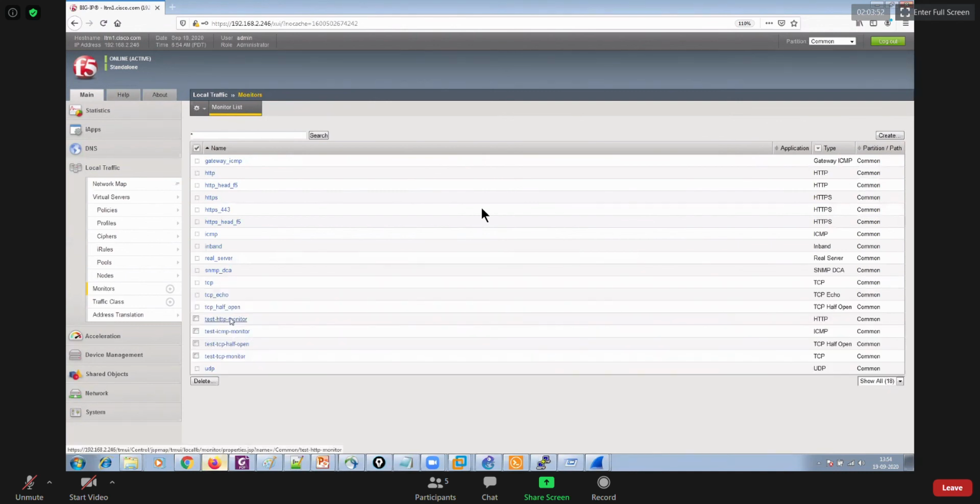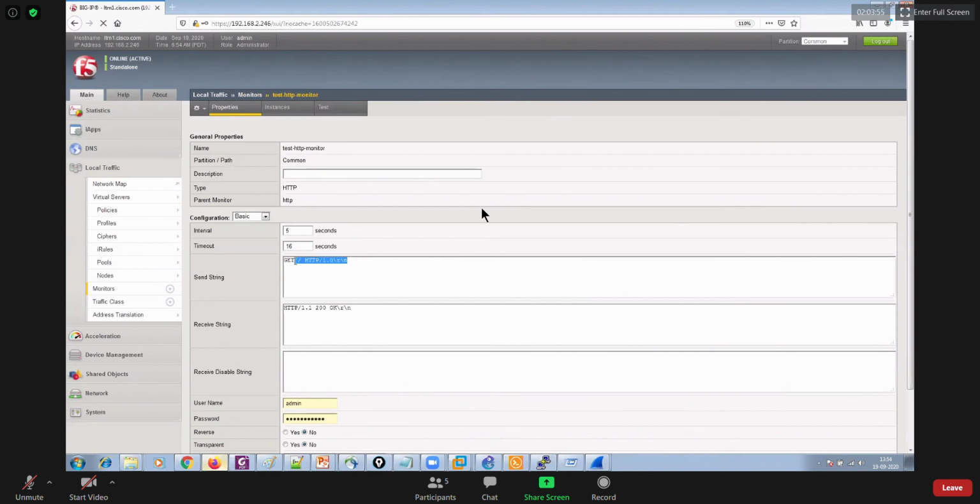If you look at this test HTTP monitor, we are sending this request. If we get this response back, it means that our web content is available. And of course, 200 OK will be a response code only and only if your request succeeded in some way. So that's what you did. You said, hey, I'm going to send a GET request, and I'm going to receive this response back. If I get this response back, it means your web pages are available over there.